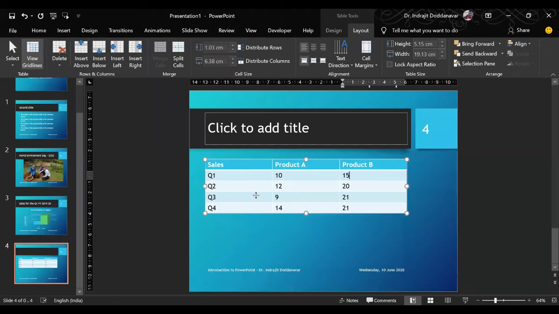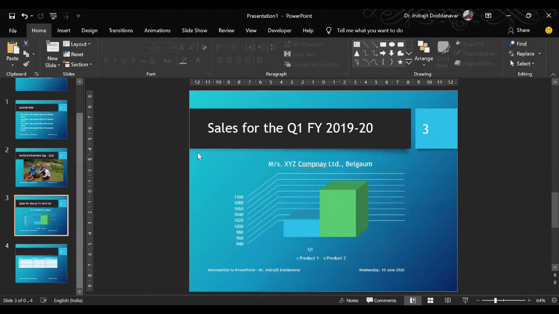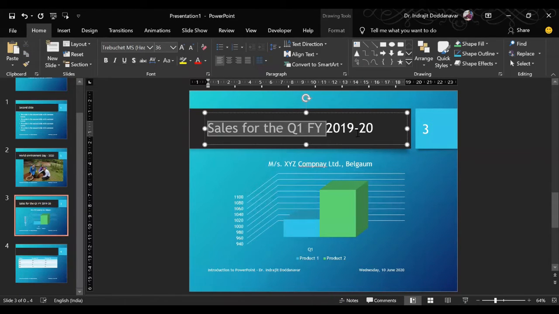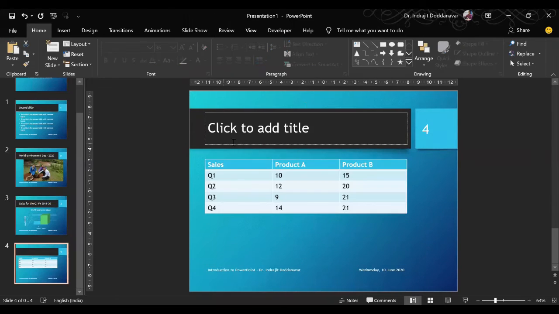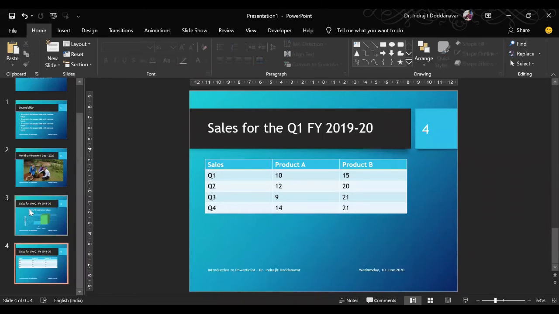We will have to insert this particular header. Suppose the header is the same as on the previous slide. What you can do is go to that particular slide, click on the slide header and select it, and say Control C to copy the text. Come here and say Control V, or go ahead and paste it here like this. So it is not required that you key in everything. You can cut, copy, paste from various slides.